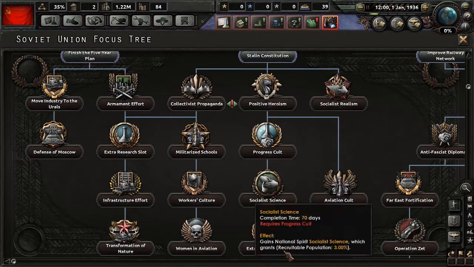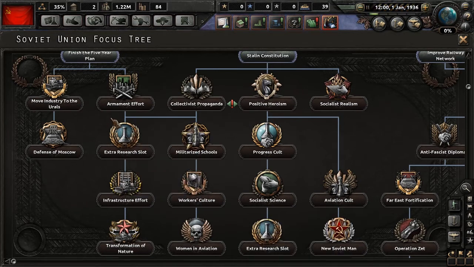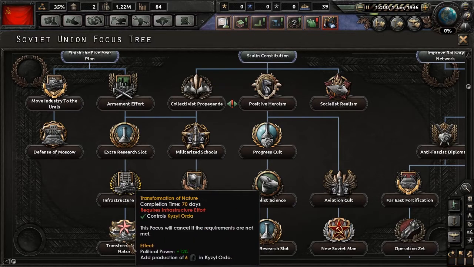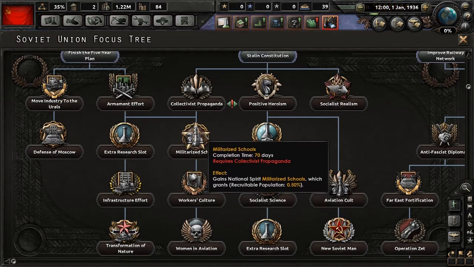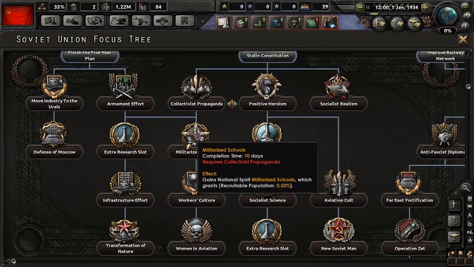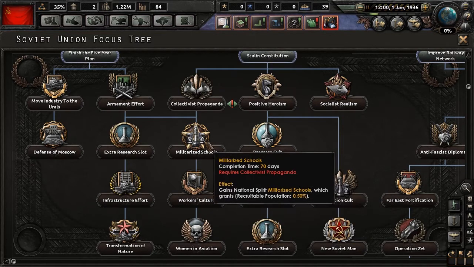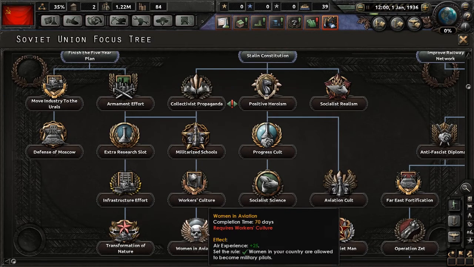But then there's the stuff below these lines. Both give an extra research slot. You get it earlier up here. Then you get some infrastructure, which is okay, I suppose. And here you get some rubber, which is also useful. Then you get 0.5% of recruitable pops. That's nice, but if you look down here, you get 3%. So yeah, way better. And then you have the construction speed, which is okay, and you get women in aviation,